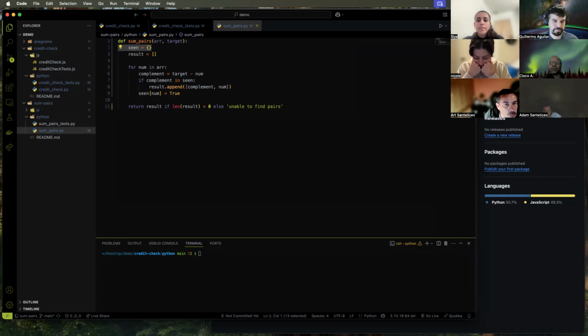Yes and no. And the only reason I bring this up is because look at this. Look at the syntax. It's the same, right? Mm-hmm. More or less, complement in scene, num in R. Right, exactly the same. But under the hood, if this is a list, this is a linear search. Here